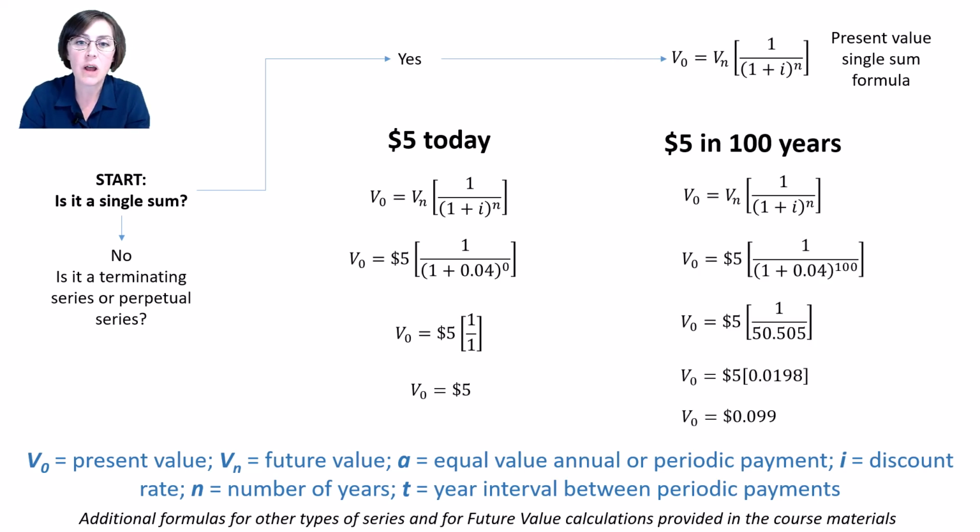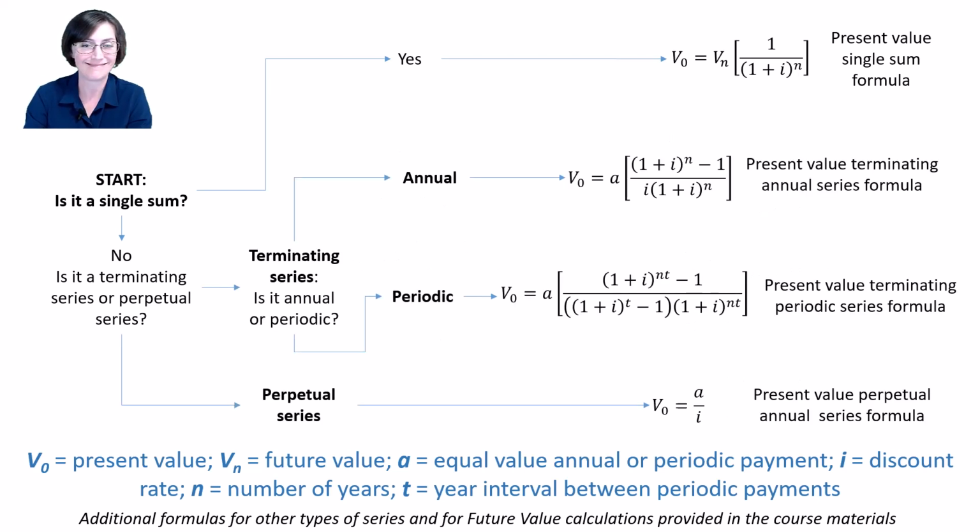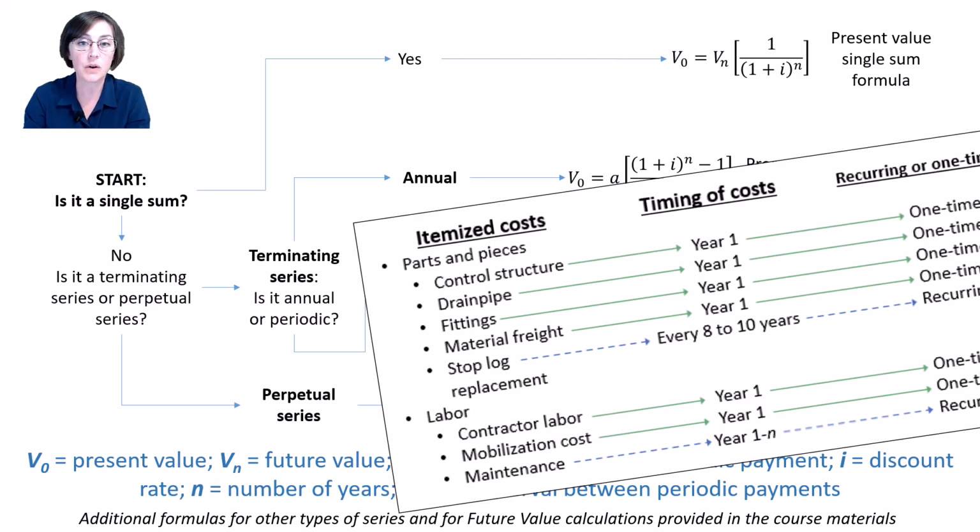Moving to the other scenario, me giving you $5 100 years from now, you plug in 100 for N in this single sum equation, and again the discount rate, or I, is 4%. We use that as a decimal rather than as a percentage in these equations. And then working through the math, you end up with that $5 100 years from now is worth about 10 cents in present value. So hopefully you made a good decision. Although I'm not actually giving you $5. Sorry. Those are just examples using single sums, but for this discounting process, you apply the correct equation for every single one of your itemized costs, which is why you also need to know when each itemized cost occurs, because that helps you figure out what equation to use.